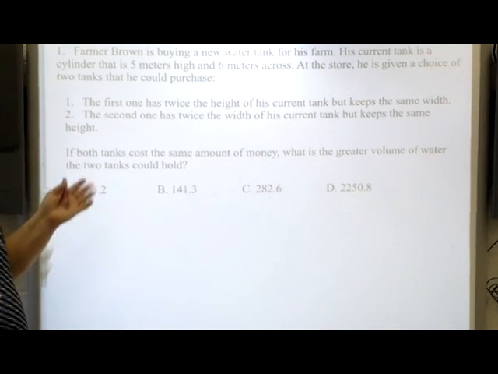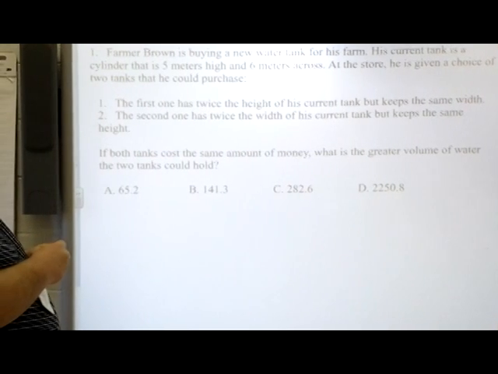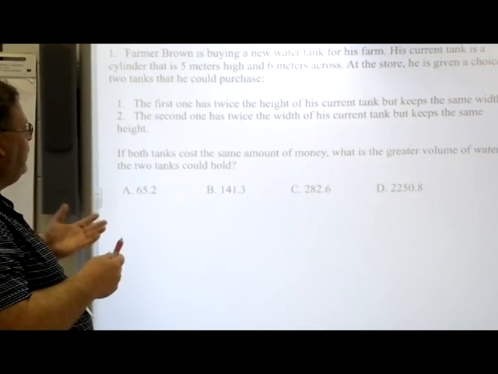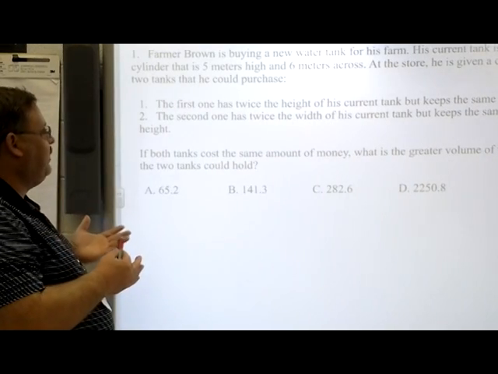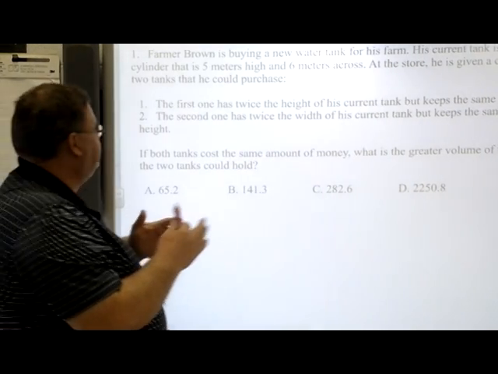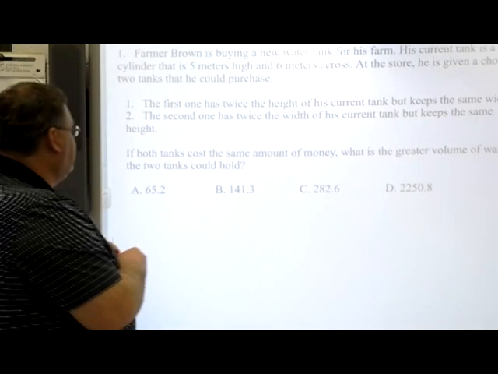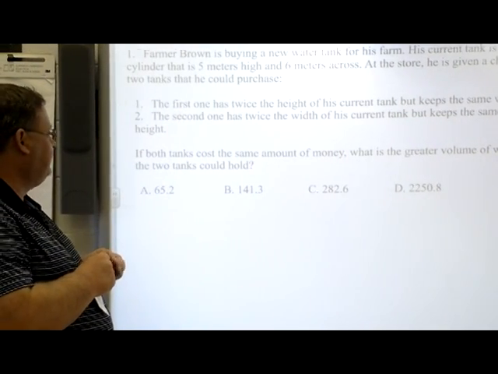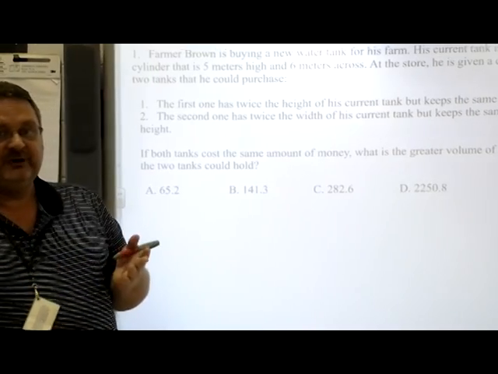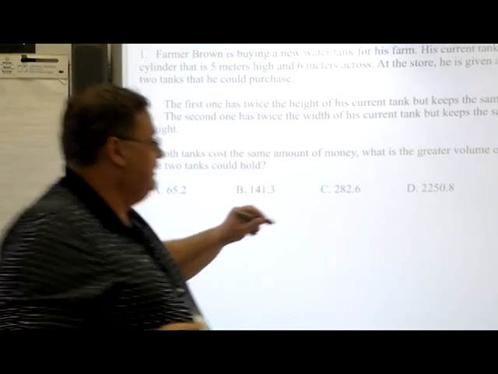And so we have a couple options of choice. The first one has twice the height of its current tank but keeps the same width. The second one has twice the width of his current tank but keeps the same height. If both tanks cost the same amount of money, what is the greater volume of water the 2 tanks could hold? So the first thing we're talking about obviously then is